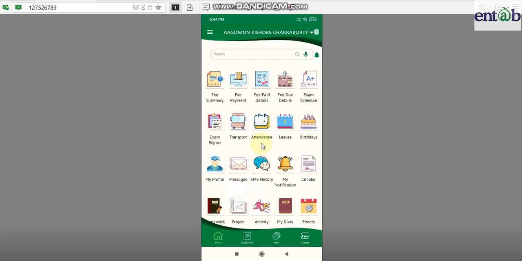And suppose you have more than one child studying in the same school, in that case you will receive a single ID and password. With the help of that you can log in and find the details of both of your wards. Those details will come in this top section. As you can see, the top student name is coming over here, so just click on that and the other student name will come in this section itself.